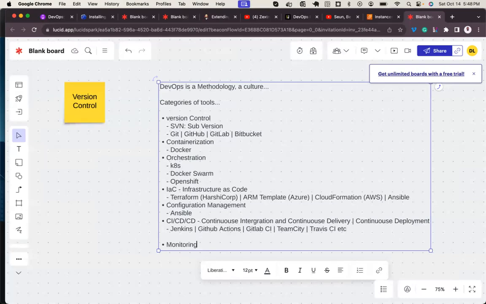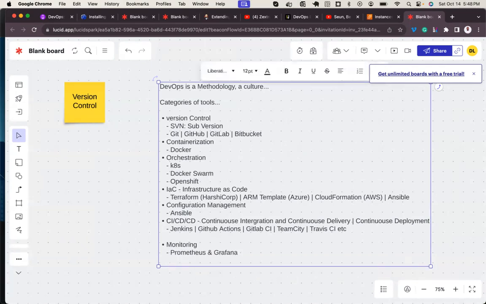Monitoring, then plenty: Prometheus and Grafana, Datadog, Sysdig, New Relic, Nagios, Grafana Cloud.